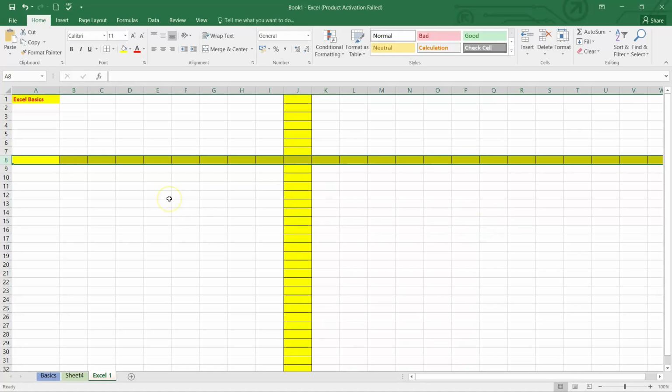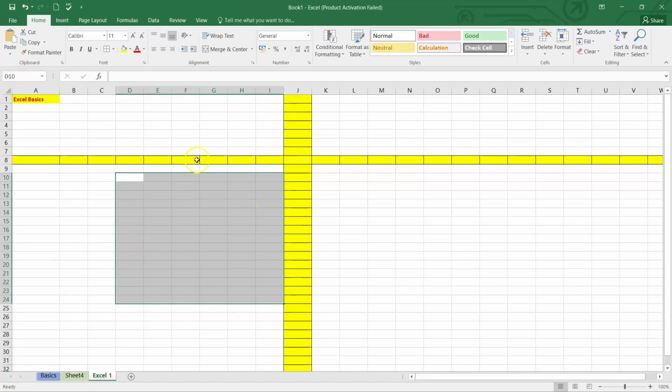Now, moving back to the cells. Suppose I click on any of the boxes over here, that only selects one cell. That is called a cell, and that is what it shows in the name box as well. But what if I select multiple cells? Selecting multiple cells is called a range. Okay. So if you select a range, you will see on the name box it shows 15R x 5C. That means that many cells are being selected. That is what it starts showing you. And when you leave it, it will show you the first cell that is selected in the entire range, that is D10. Okay. So we'll do it once again.